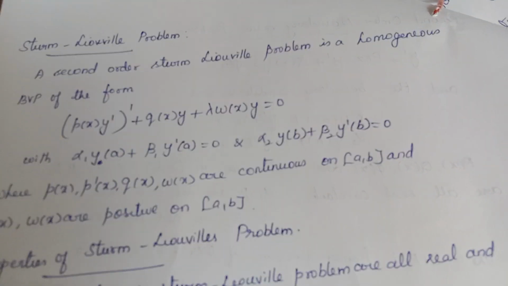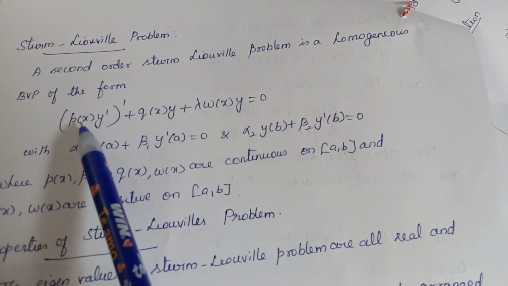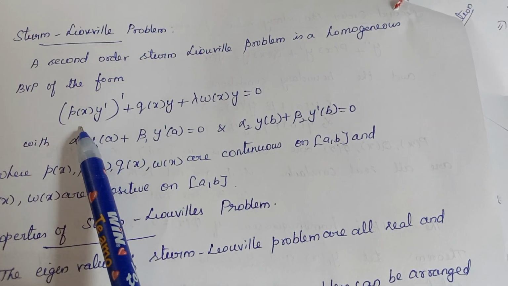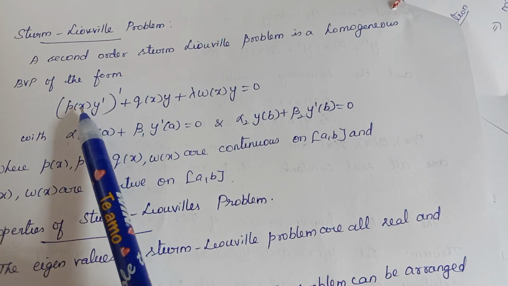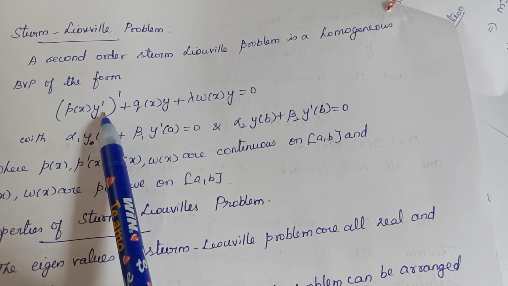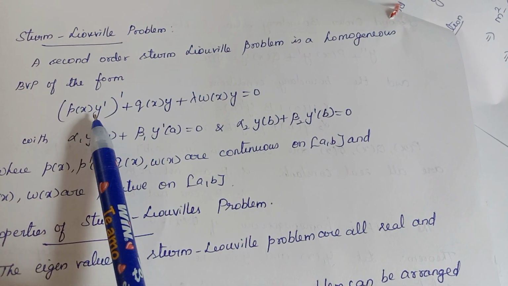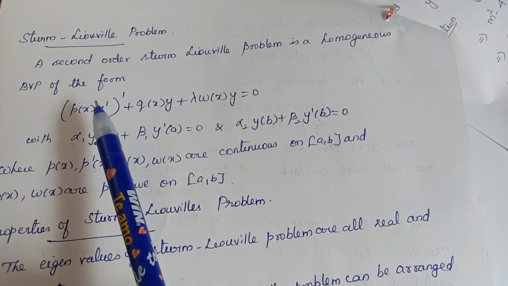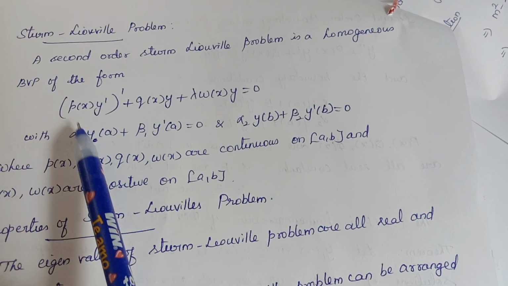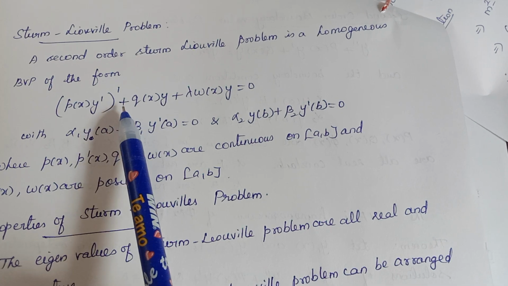Now the next one, the Sturm-Liouville problem. A second order Sturm-Liouville problem is a homogeneous boundary value problem of the type p of x into y dash, the whole derivative. This is a second order equation only. If you differentiate this, what will you get? p of x into y double dash plus y dash into p dash of x. So the general format is written like this: p of x into y dash, the whole derivative, plus q of